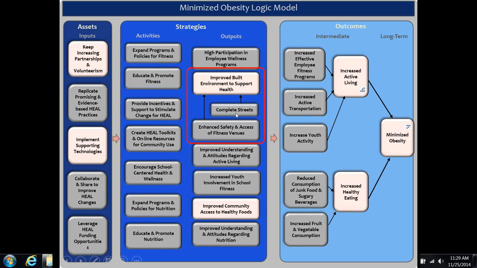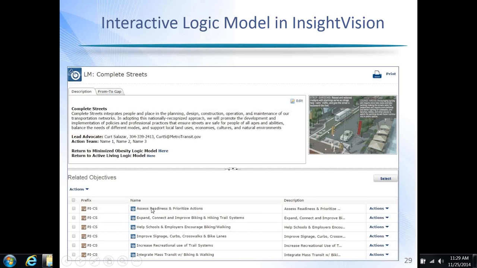And within our InsightVision strategy management platform, you can click on any one of these and get more detail, such as what are the various objectives of our complete streets effort. And one of those may be, increase mass transit with, or integrate mass transit with biking and walking.